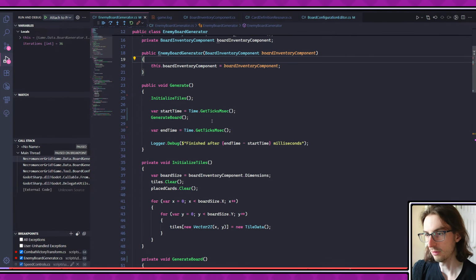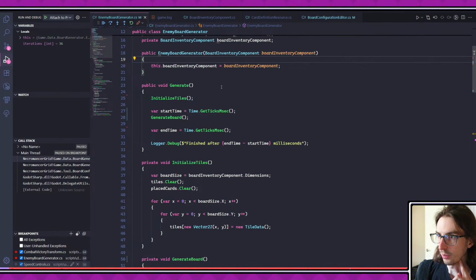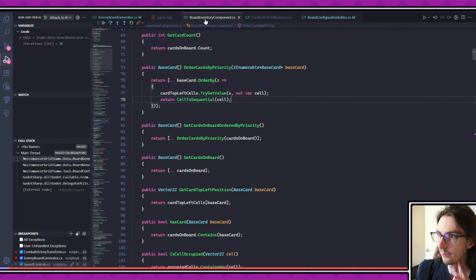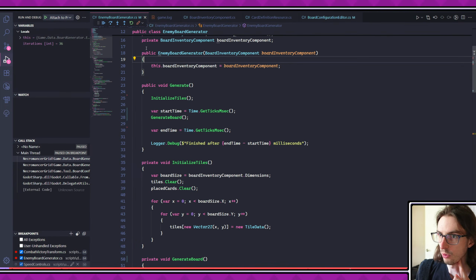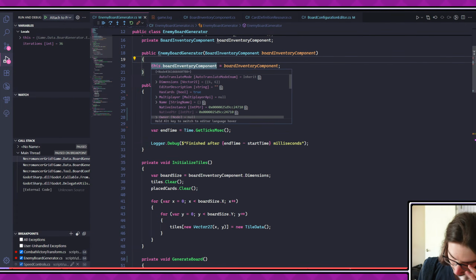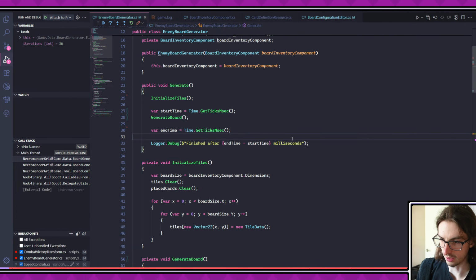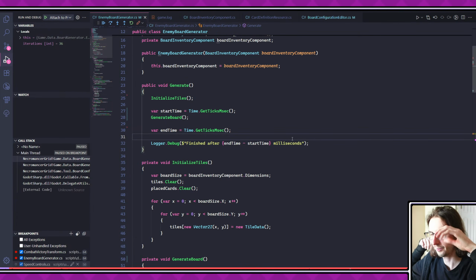So basically there's two major places where the time is being eaten up. One is the actual placement of the visual cards, the visual representation of the card in the scene tree, which definitely does not need to be done then. That can just be done at the time that the board is instantiated, because I'm going to be generating the combat encounters as part of the map generation. And that's going to be seeded as well, so that every enemy encounter is the same if you have the same seed, right? So the big issue here is this initialize tiles,